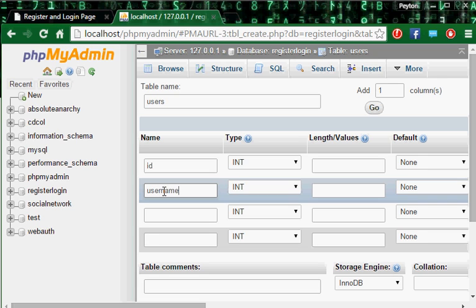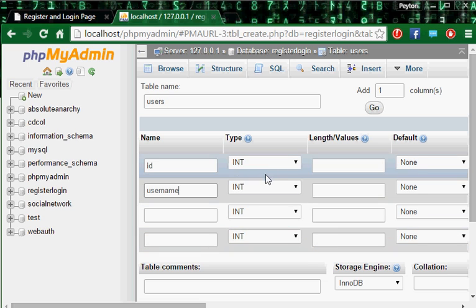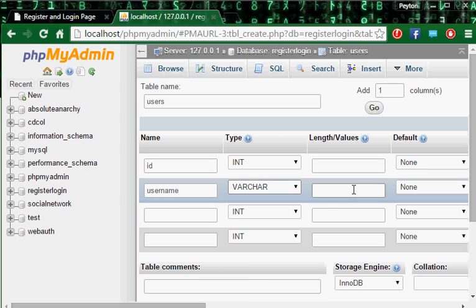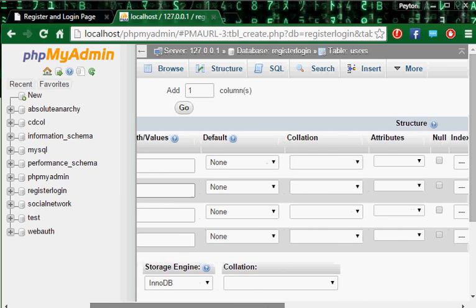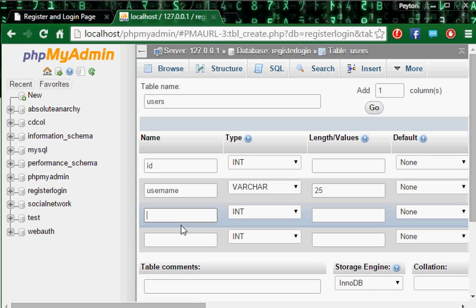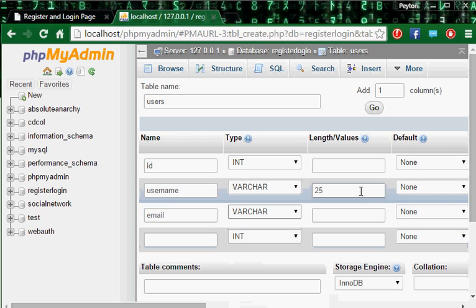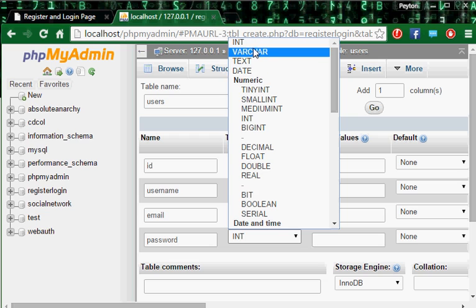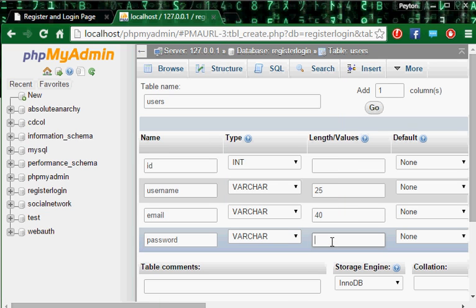Next, we'll have username. Type is a varchar. I think we set the limit to 25. Then we have email, also a varchar, and the limit is 40. And then password, the limit will be 32, and it